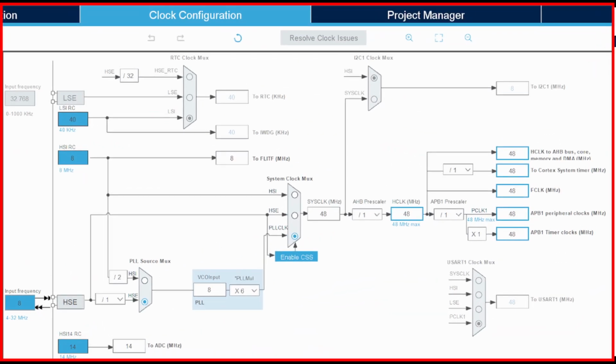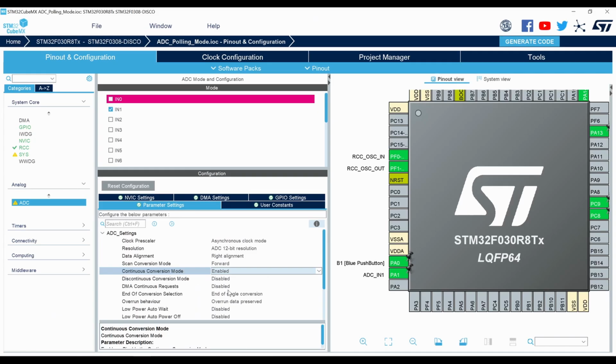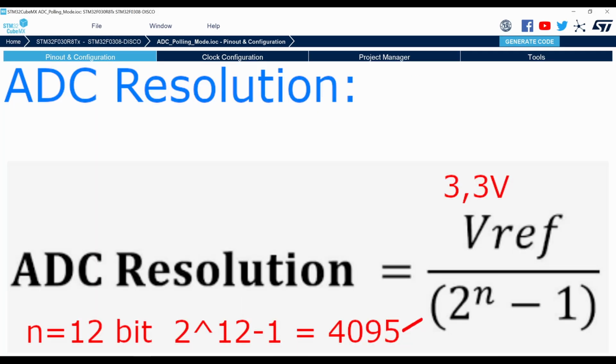If you choose Asynchronous clock mode, the ADC is typically clocked from HSI, the internal 8 MHz RC oscillator. This is useful if you want to avoid any jitter or instability. If we select a 12-bit resolution, we will get a digital range from 0 to 4095, which is 2 to the power of 12 minus 1.